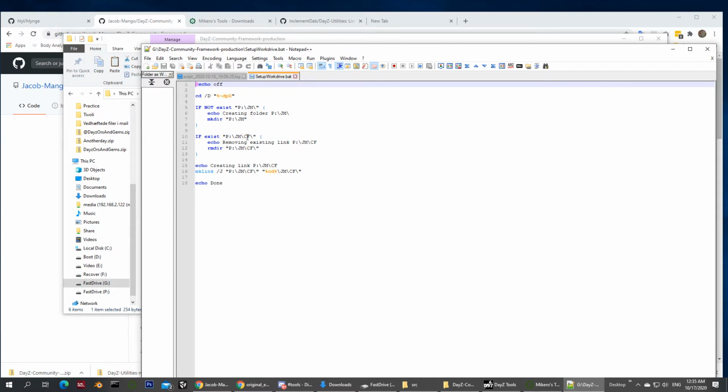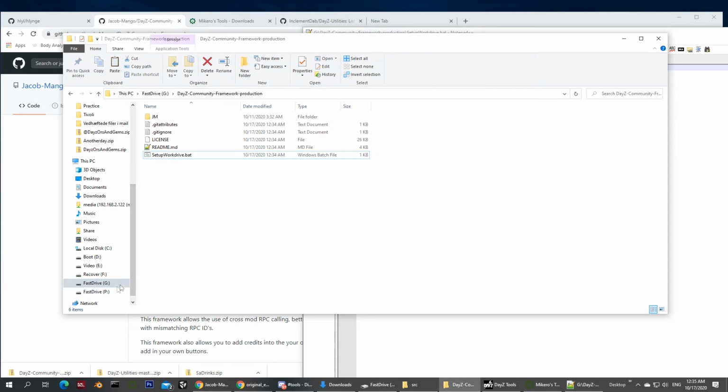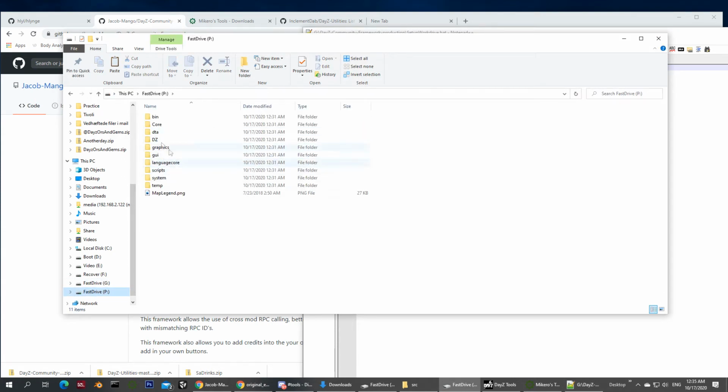Then it checks whether the folder CF in the JM folder exists. If not, then that is created. And once these are created, then it creates the symbolic link between the current position and then the p:/jm/cf directory.